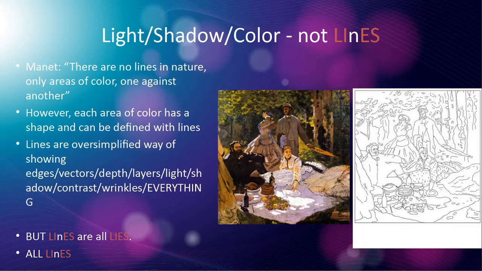So if you look at this picture to the right, is that a Manet? It might or might not be, I'm not sure. The painting is all colors, light, and shadow, and you get the idea that this is a picture of some people having a picnic in the forest or in the woods somewhere. But if we took away all the color and shadow that make up that image, and we traced around the contours of all of those things with lines, you'd get a different kind of image, but it would still communicate some people in a wooded area having a picnic. Both of them are valid.